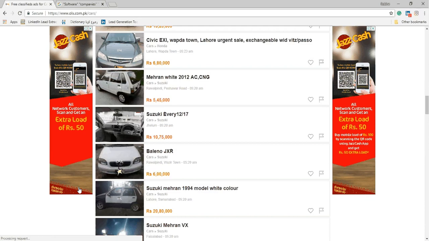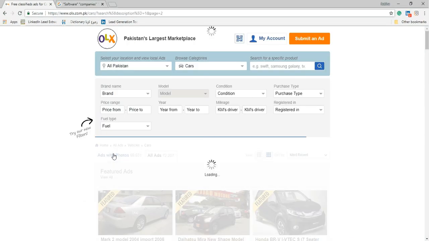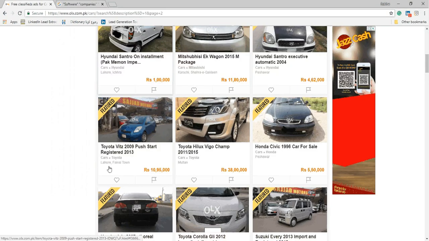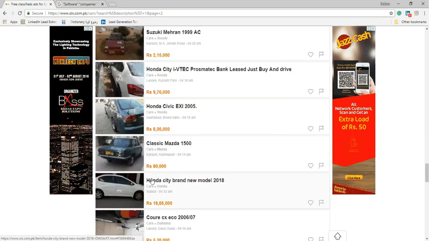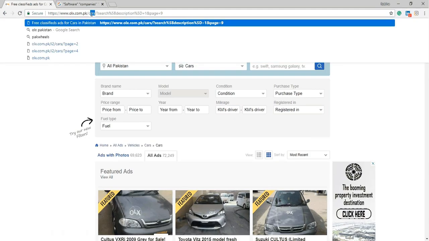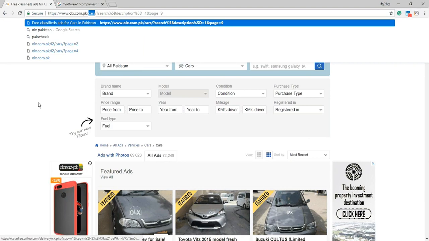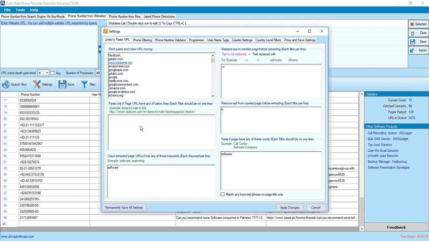Here we see the pattern of the URL. The next page looks like this. Here car is also coming on the next page. Here we see the next page link. Here car is again appearing. We copy this keyword because we only extract cars. And if we write this keyword here in settings that I told you before, we write our keywords here, then